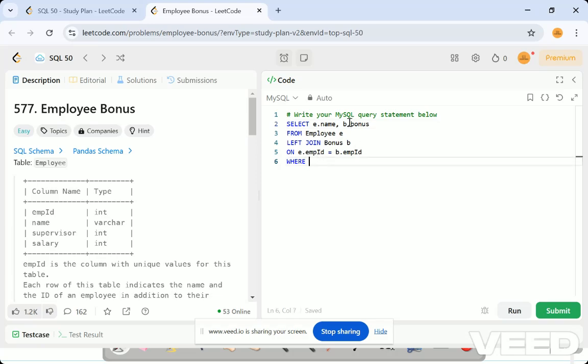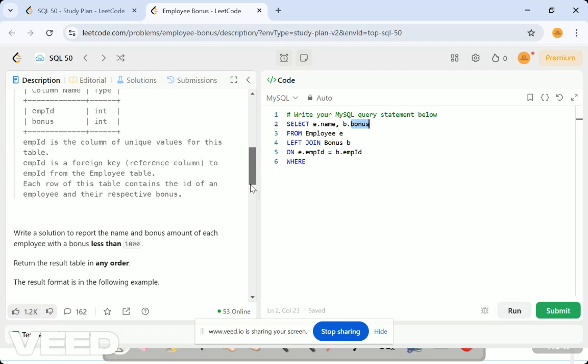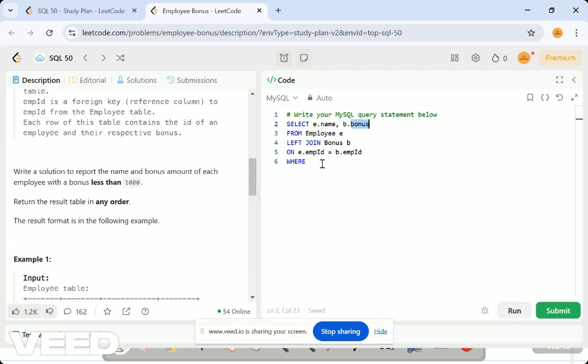Then we apply the condition they have given: the bonus should be less than 1000. They are not telling us strictly or less than or equal to. They have given less than, so we have to use the same.